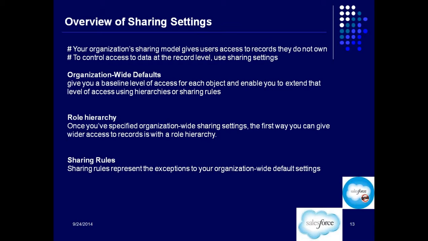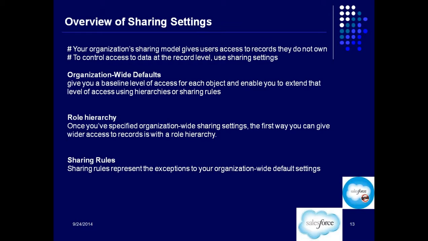Now the data is private. How will I get to see others' data? Let's say Shobit is going on leave for a week, and the company wants me to take care of his records. How will I deal with his opportunities? I don't get to see his opportunities. So in that case, we'll have to define an exception to the actual OWD. That is called sharing rules.